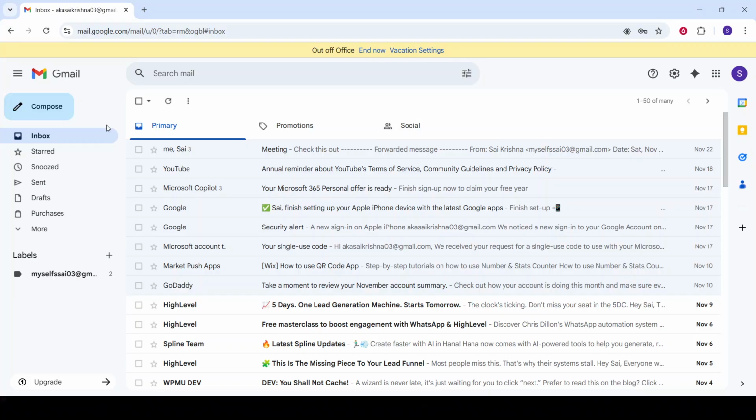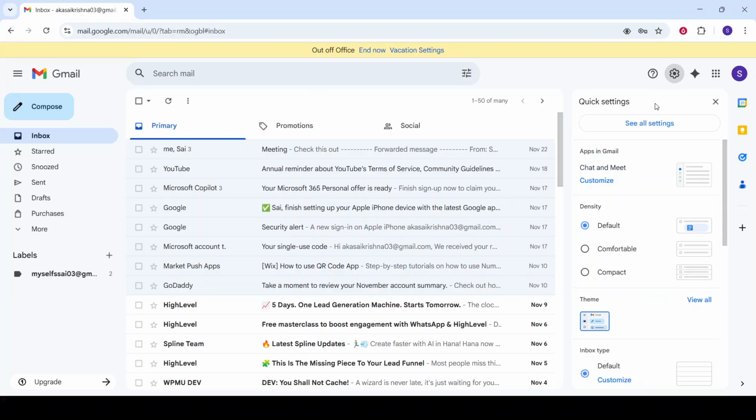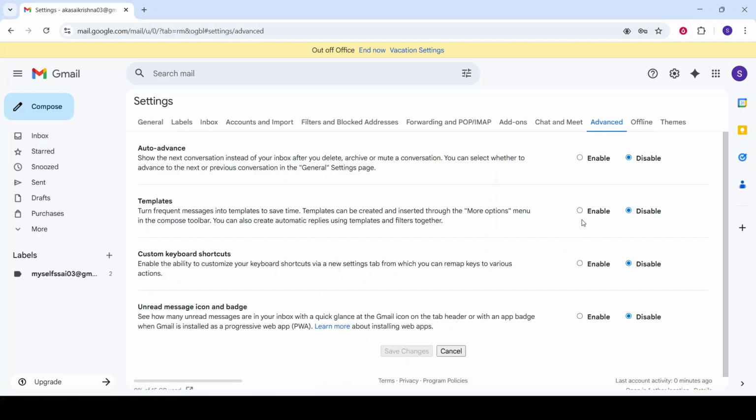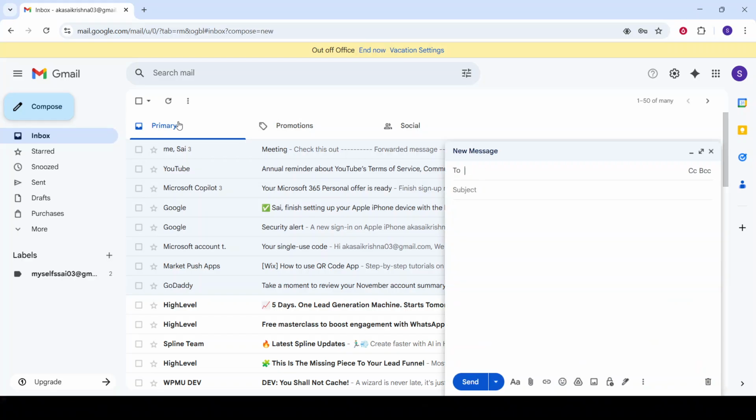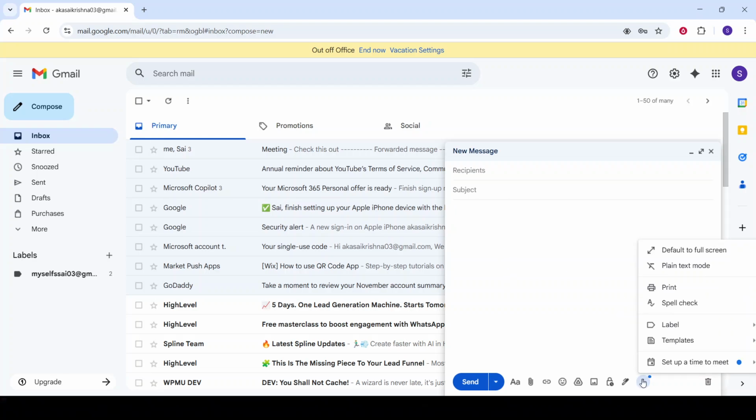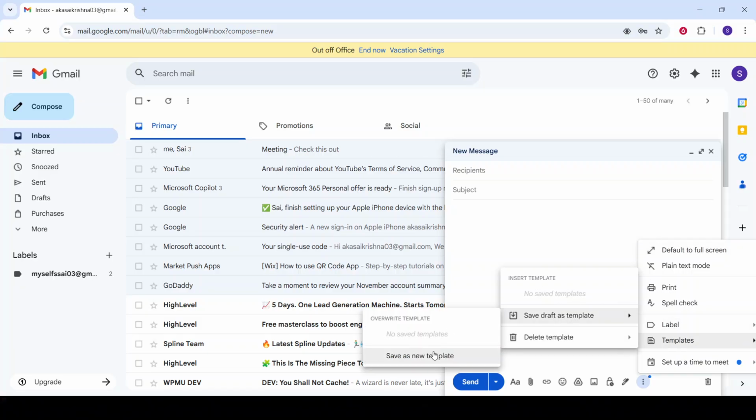Now, if you want more control, like sending a specific response only to certain emails, you can use templates with filters. In Settings, go to the Advanced tab and enable templates, then save changes. Next, click Compose and write the reply you want to automate. Keep it concise and helpful, and avoid including private information. Click the three dots in the Compose window, choose Templates, then Save Draft as Template, and save it as a